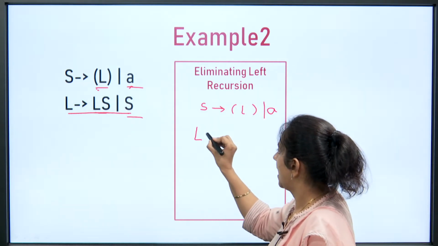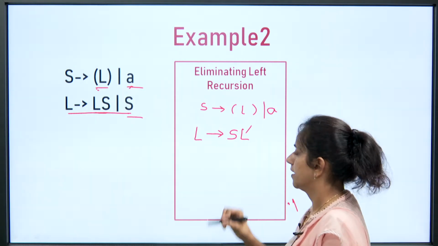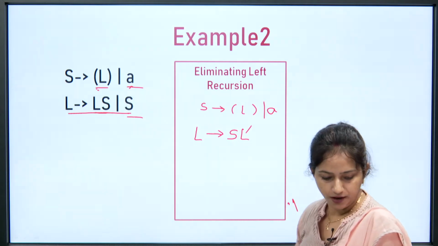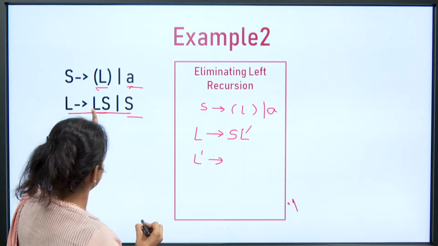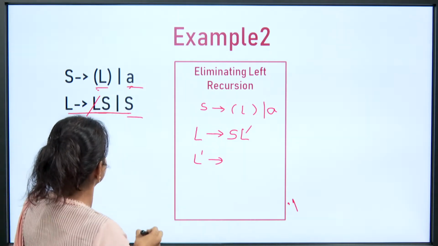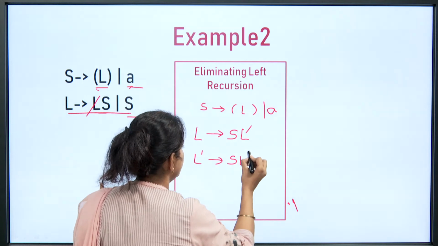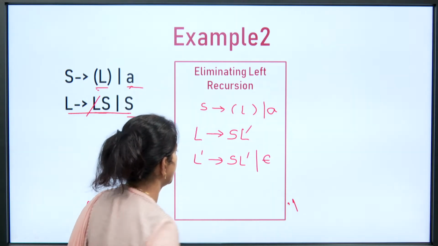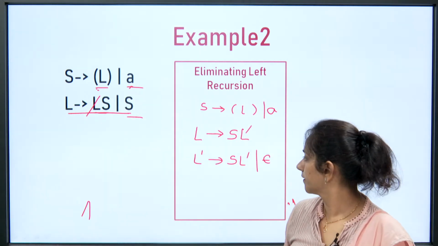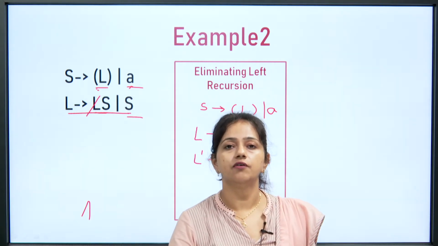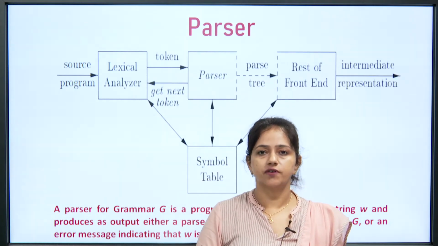So we will apply our rule, L2, next is S, and suppose the new non-terminal is L prime. So here we can concat L prime. Now we can write the rule for L prime. It will be, now we will look at the alternate that is beginning with L, and just after L we have S. So here we will write S and then L prime, and we will not forget to add epsilon, right. So this will be our converted grammar after removal of left recursion. So this is all about removal of left recursion.